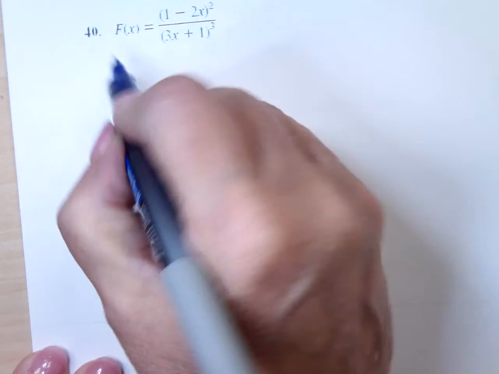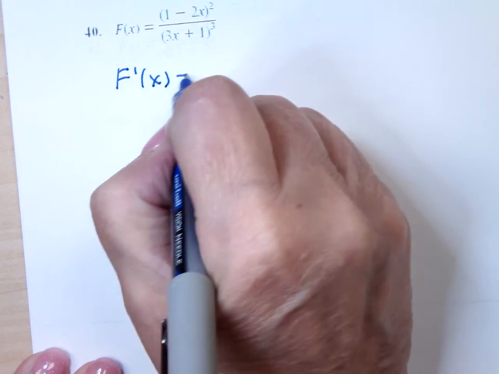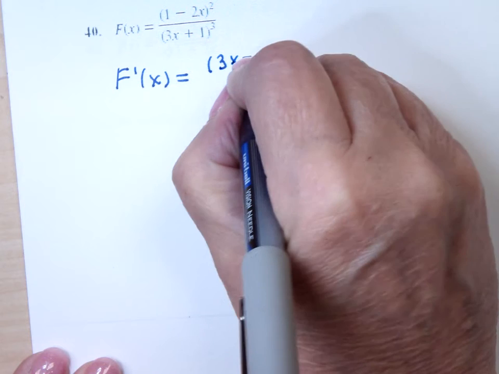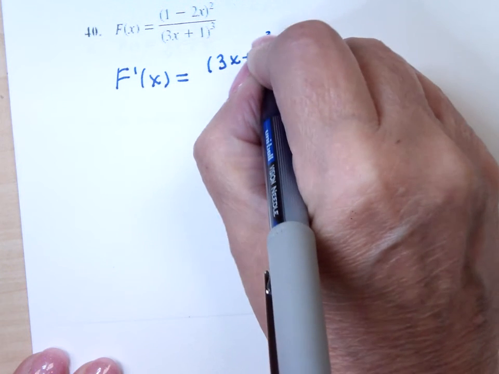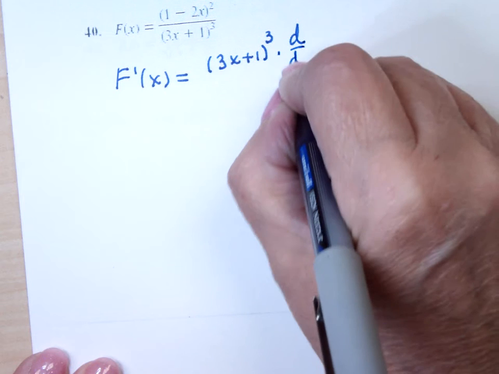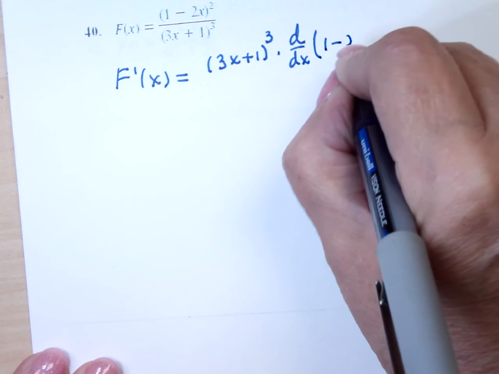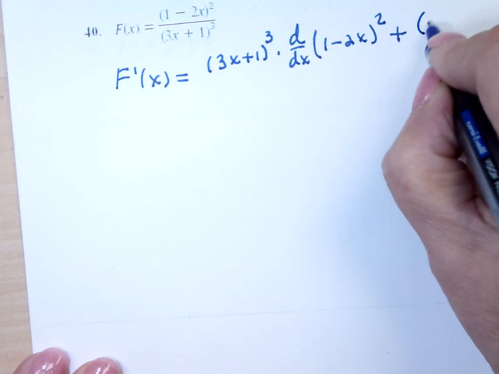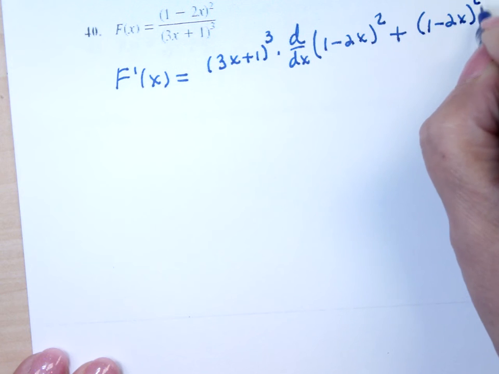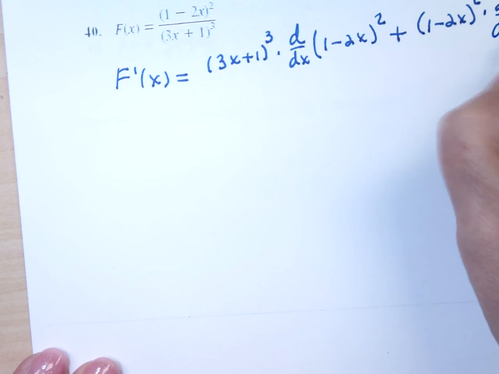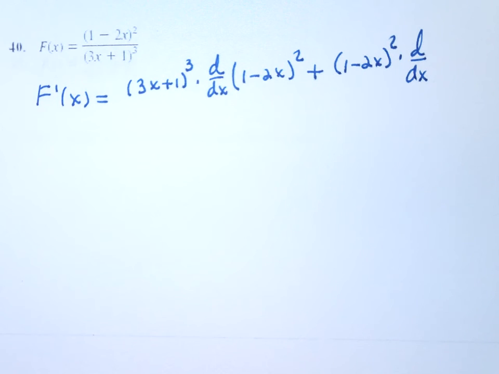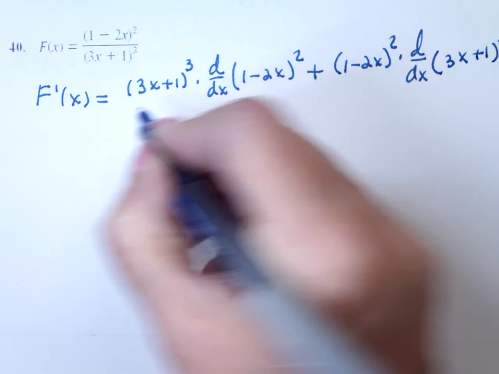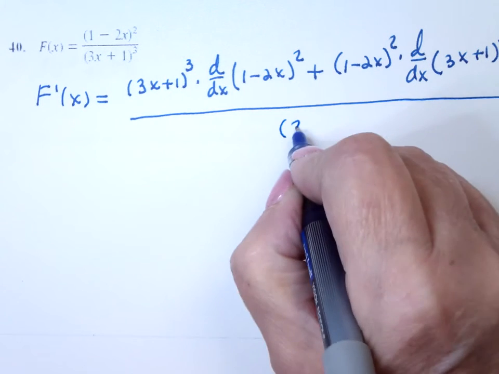This is a quotient rule problem, so that f prime of x equals: bring the denominator up times the derivative of the numerator, plus the numerator times the derivative, I'm running out of space here, the derivative of the denominator, all over the denominator